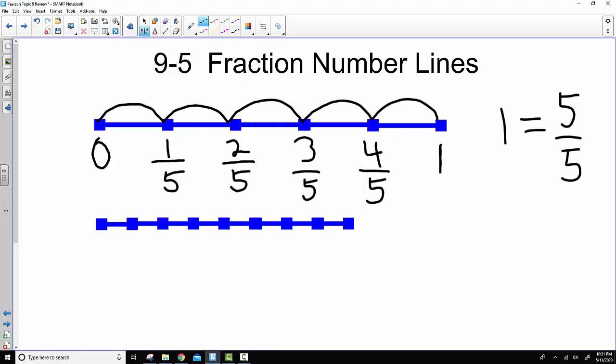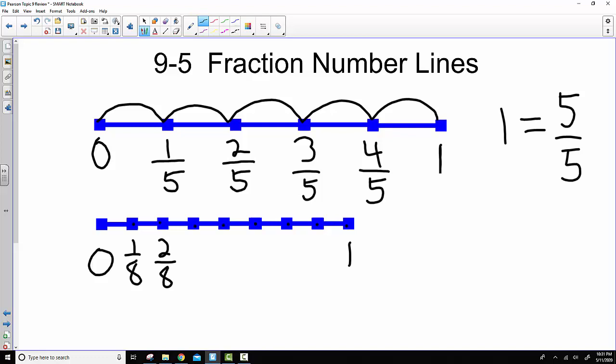Next, let's look at our number line on the bottom. So again, with this line segment, we're going to say that the parts are between 0 and 1. We can see that there's 1, 2, 3, 4, 5, 6, 7, 8. 8 parts in this number line. So starting at 0 or 0/8, we then would have 1/8,